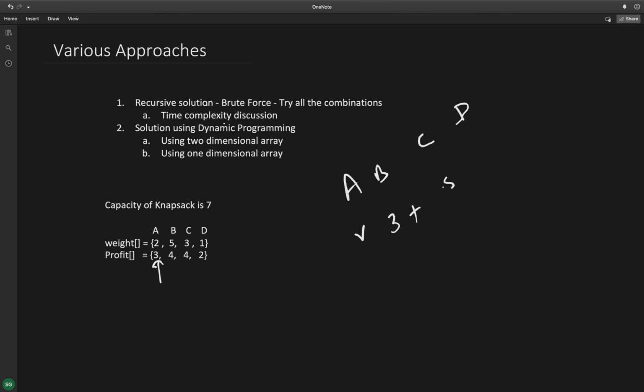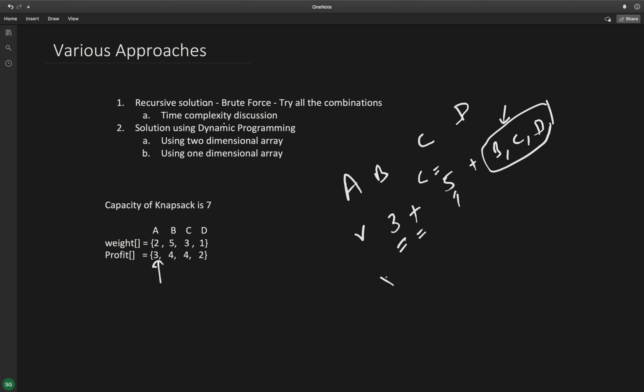Now the capacity remaining is 5, and we have these three items B, C, D available. So the total profit that I'll gain after considering A will be 3 plus the total profit gained from these 3 items with a bag of capacity 5.